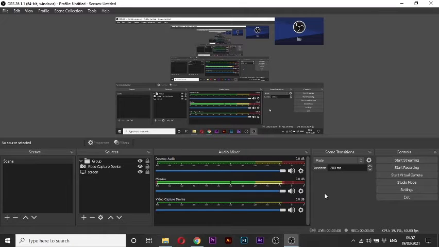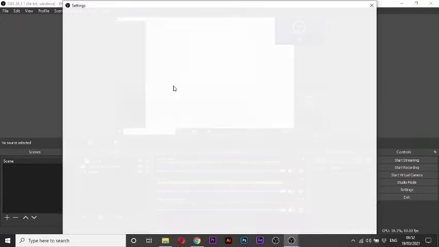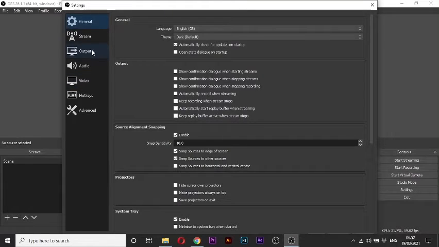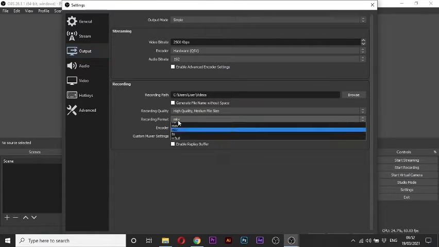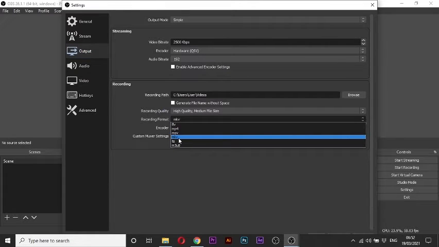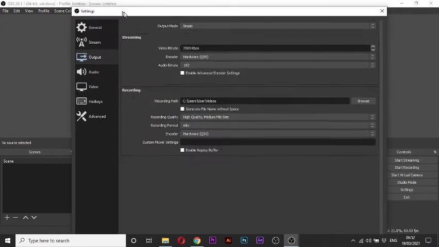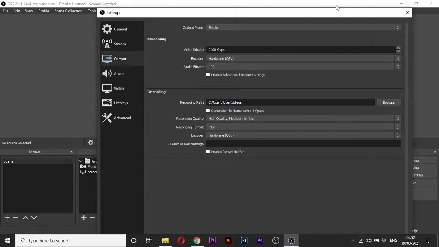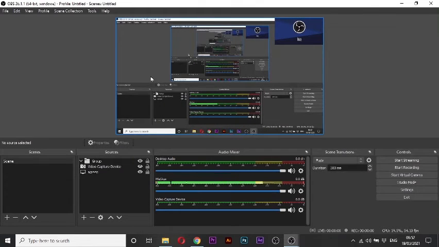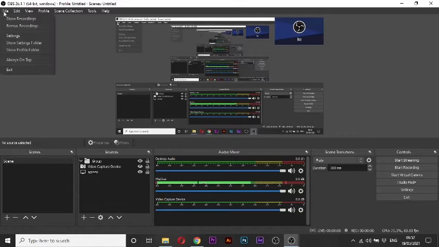And guys, before we saved our video as an MKV file, let me show you where. So it's output, and because we have it as an MKV file, we have to render it and change it to an MP4 file or whatever you want, so that when editing it, your systems can read it. So you want to go to File, you want to go to Remix Recordings,